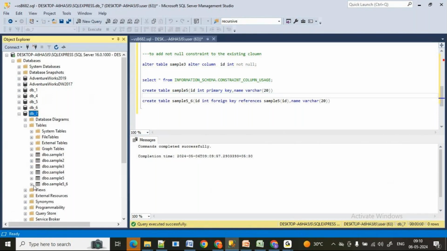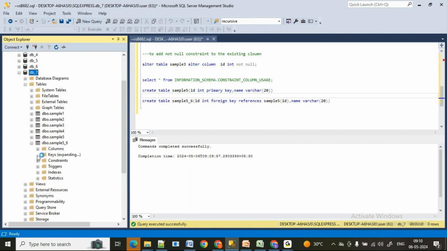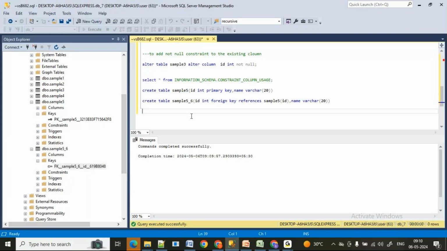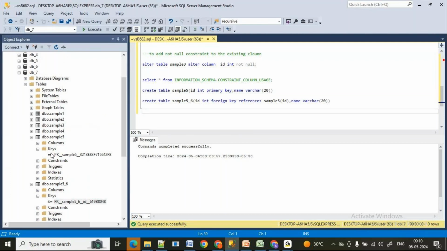Okay, expand this one. See, foreign key. This is the foreign key. Observe the keys, the difference between primary key and foreign key. See, primary key is showing in thick black color, like an opening one, like an outside one. Okay, remember that one. I am telling you that by using these keys, these two tables are connected.